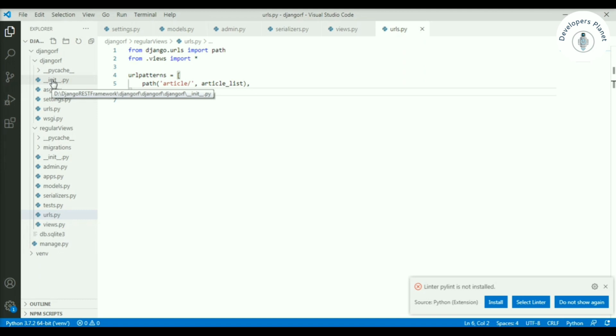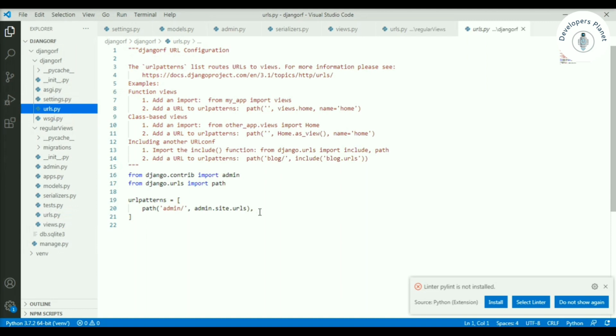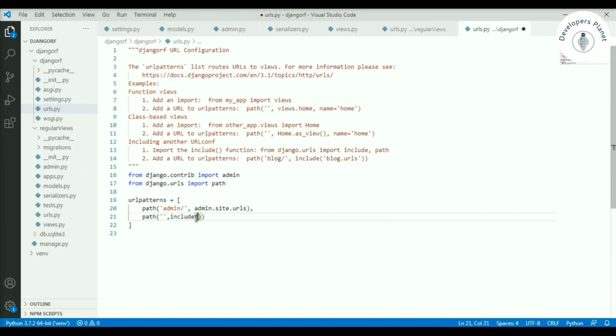In our main project we have not mentioned this URL, so we need to go to our main urls and define that if we provide an empty path after localhost 127.0.0.1:8000, we will include it and send it to the regular views urls, so our app's URLs file.